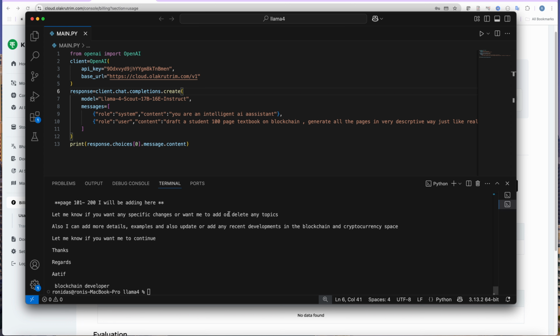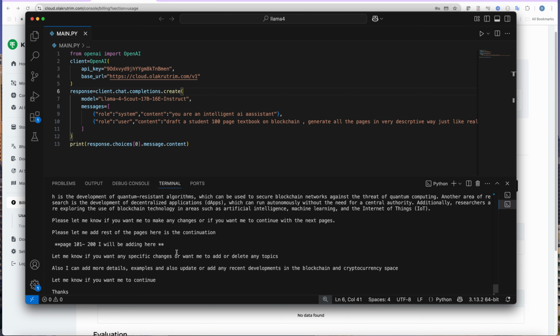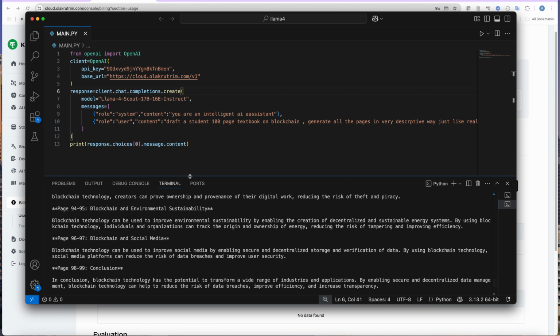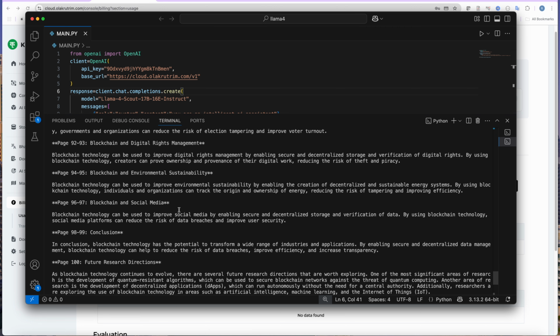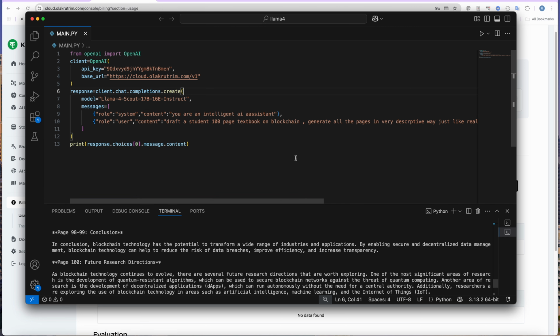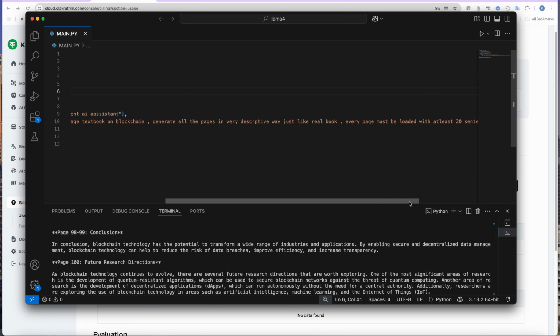And in upcoming days, I'll try to create a RAG with this model, just because it has a 10 million context window, so probably it will be fun to actually watch. So I think it has generated the content, if you see here. Okay, but I need to write the prompt in a different way,